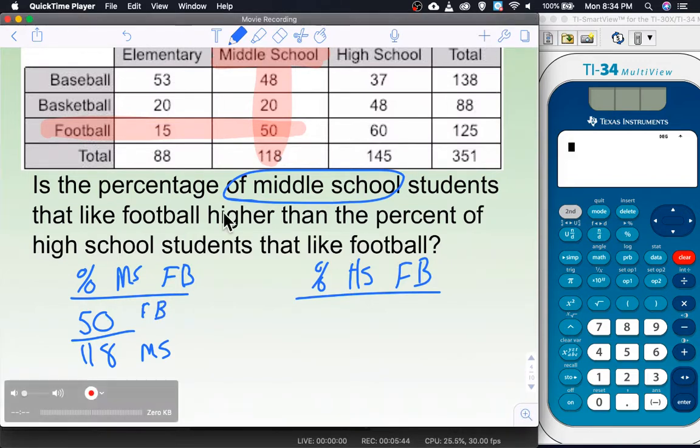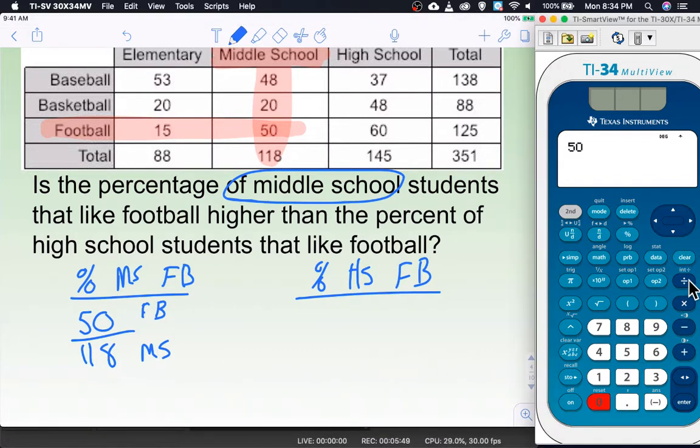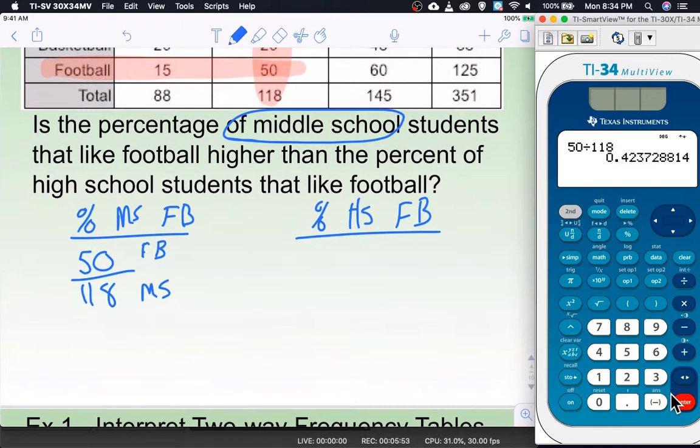Now, this fraction can be simply divided and we can get a percentage. So 50 divided by 118. Actually, I lied. It gives us a decimal first, and we'll change the decimal to a percent. So that is